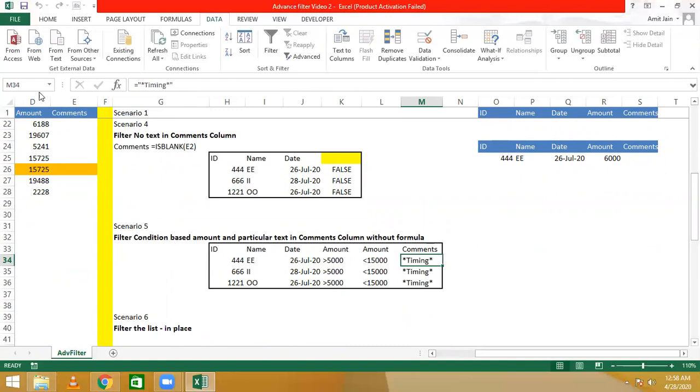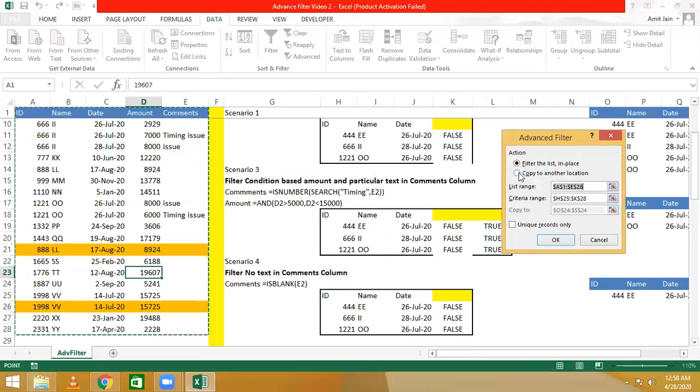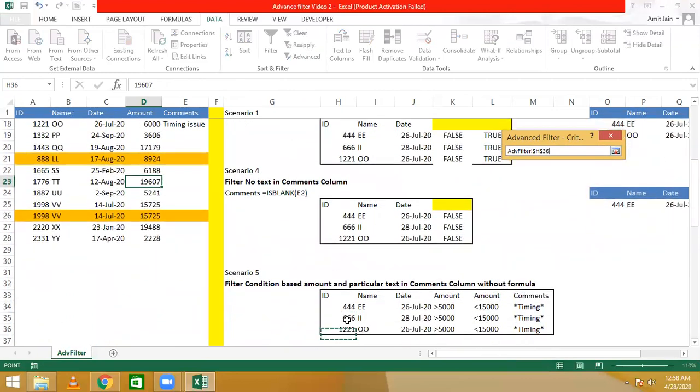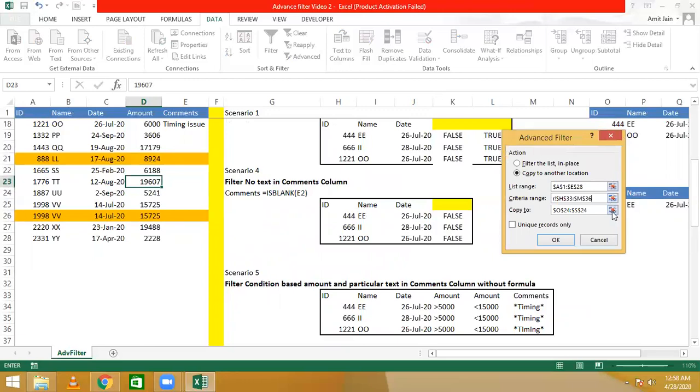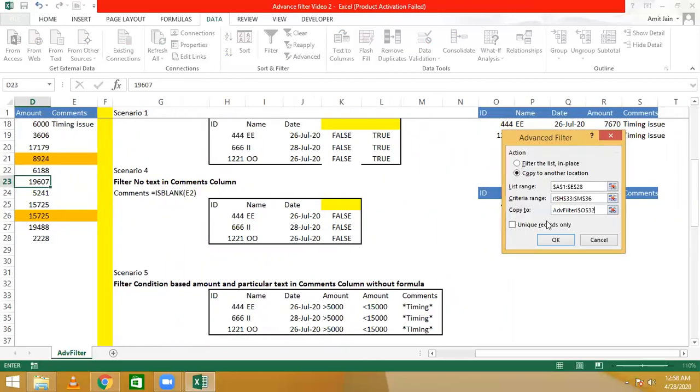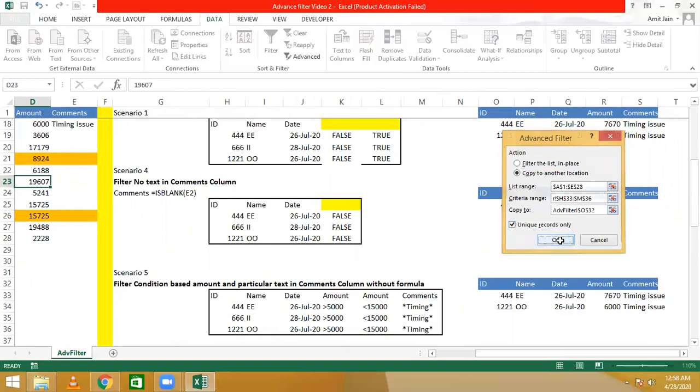So let's see, we will go to data, click on advanced, click on copy to another location, criteria range. We will take this criteria range, and now we will go to copy to. So let's say we want to copy from here and unique records only, yes.